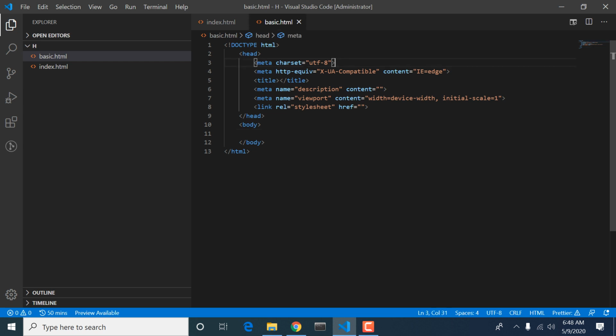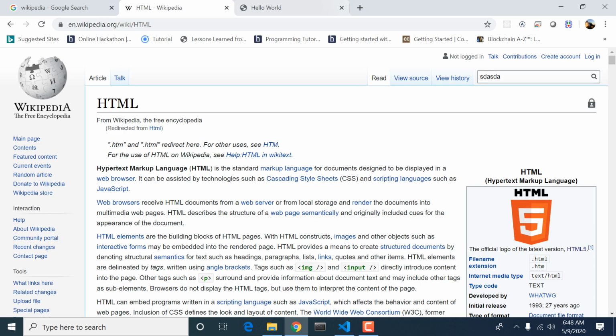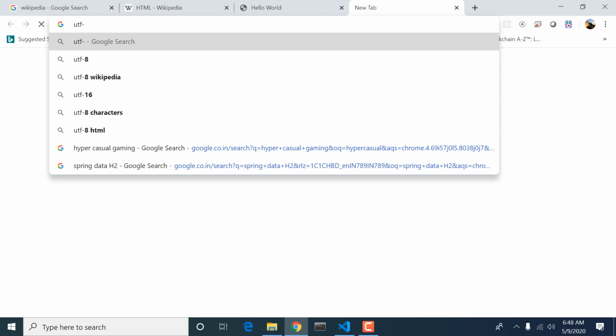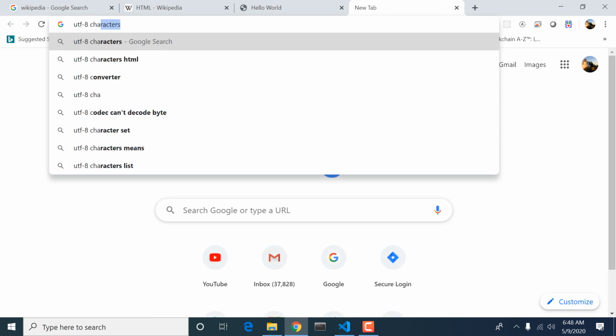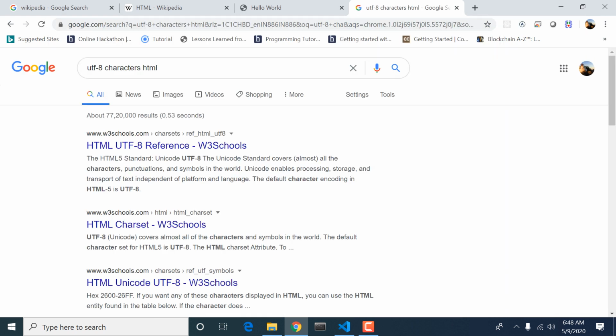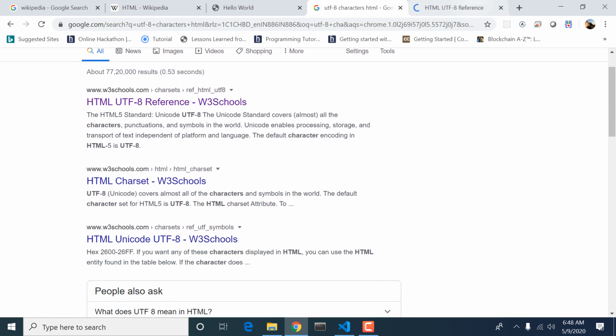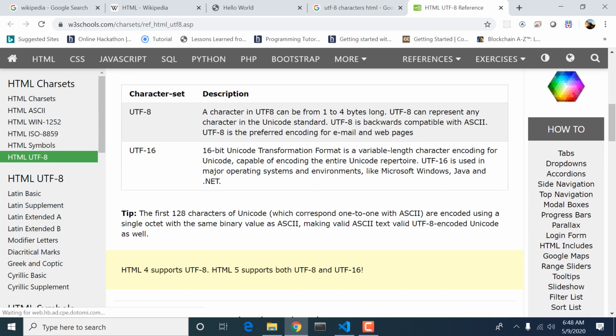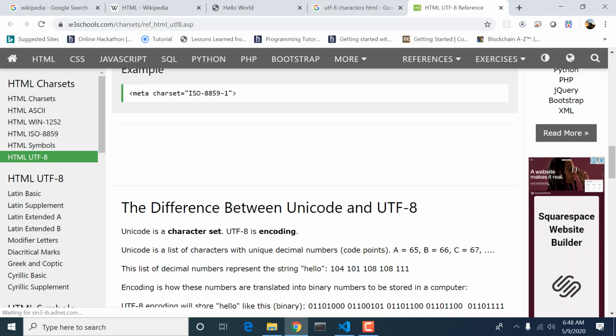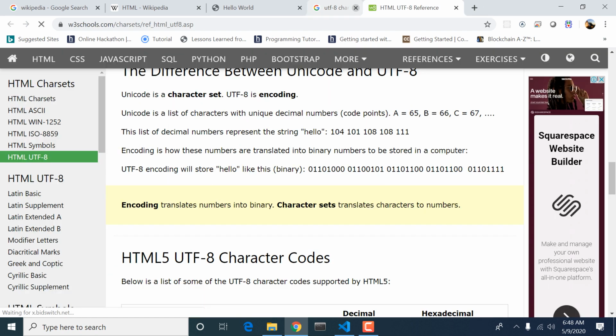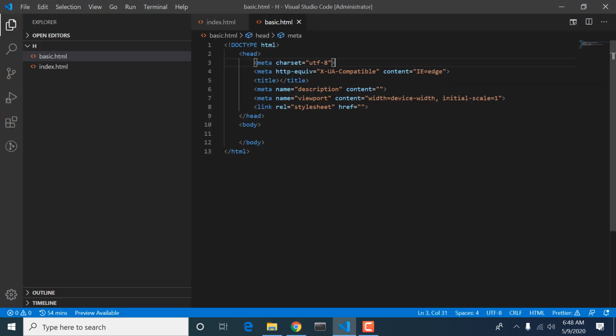It is a given sequence of characters that our browser can understand, including special characters. I will give the reference for Unicode, and you can go and read more about that.